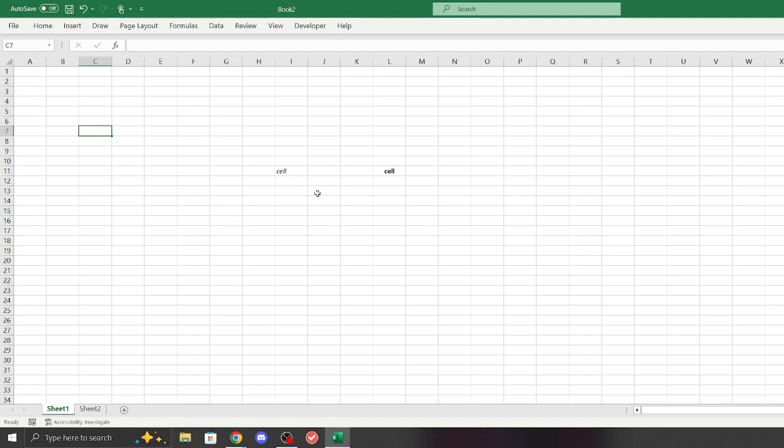Now, say you want to add a comment to a cell. For that, you're going to be hitting Shift F2, and now you can add a little comment. This is a cell. Okay, great. Now, say you wanted to delete that comment, you're going to hit Shift F2